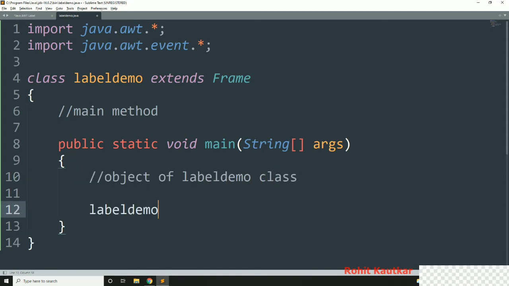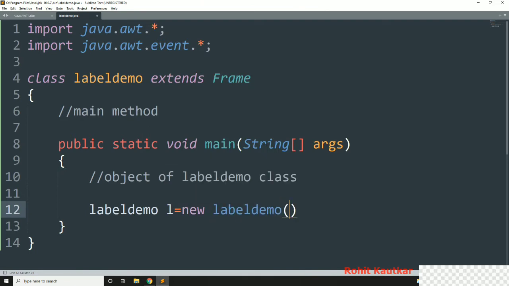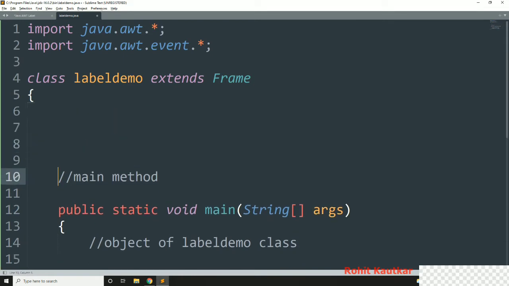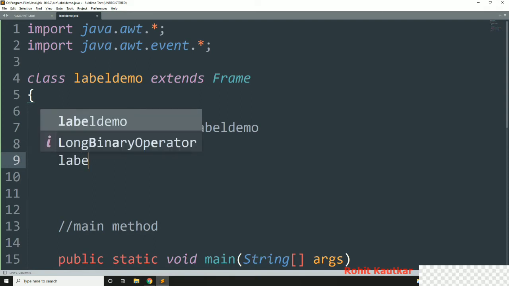So I will write LabelDemo l = new LabelDemo(). Next to this, we will add the constructor of LabelDemo, and here I will write LabelDemo.